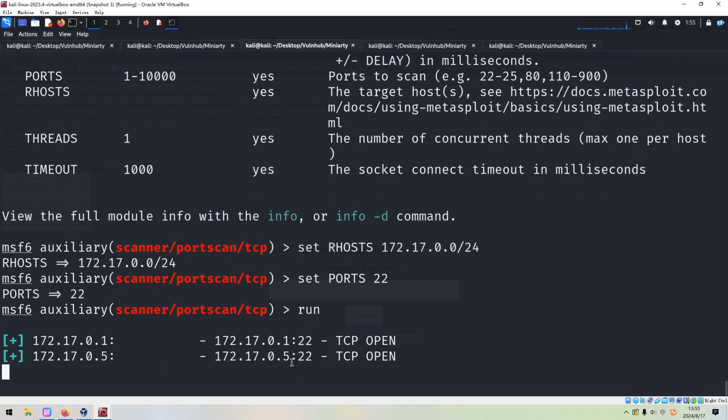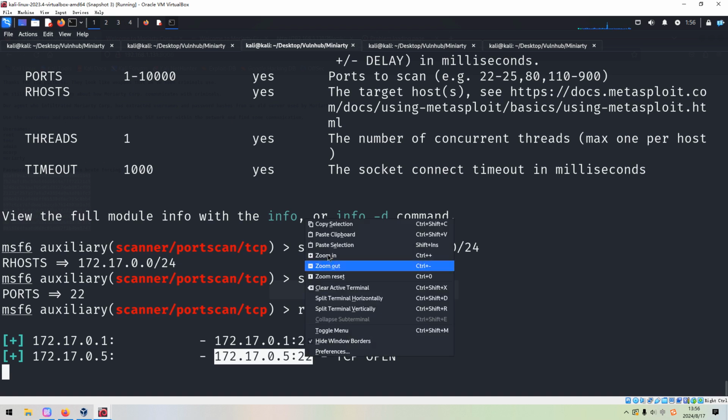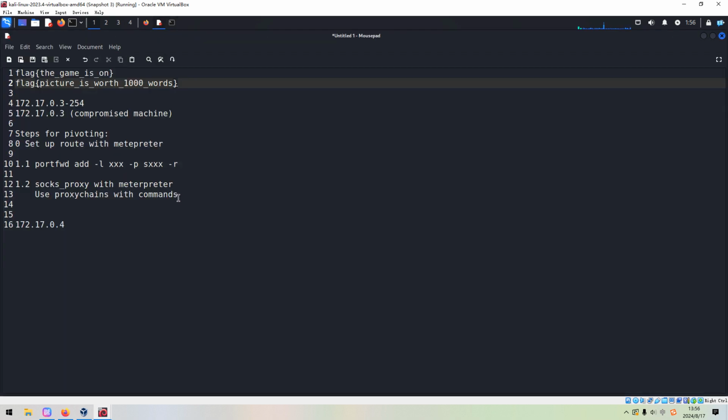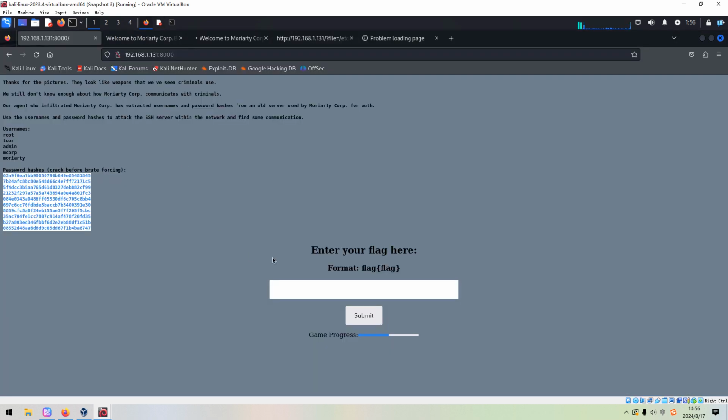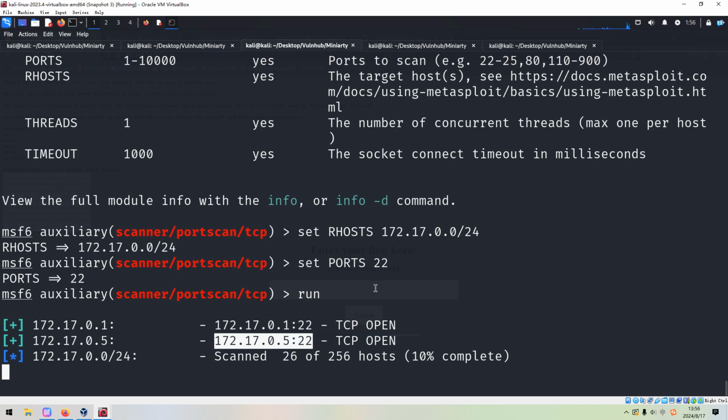As you can see, this time we got the machine. I think the service is port 22. It's running SSH. So we can copy. I'd like to point out again, sometimes we need to combine different techniques. We can put it over here, which is running SSH. So next we need to do some brute force. So maybe I can stop this scanning.